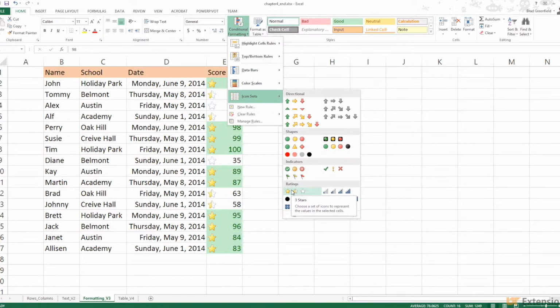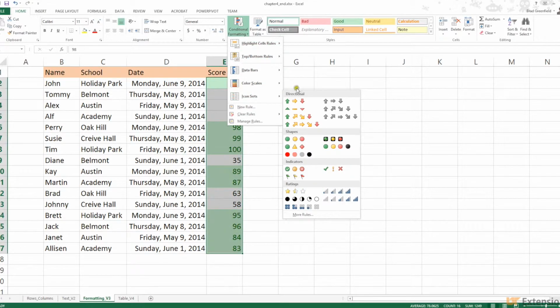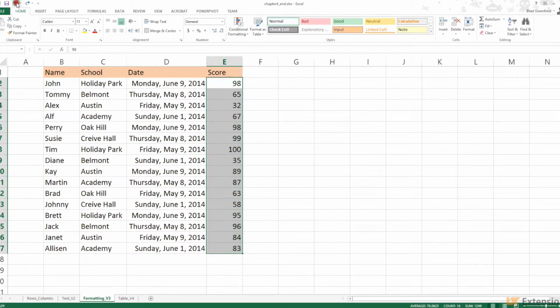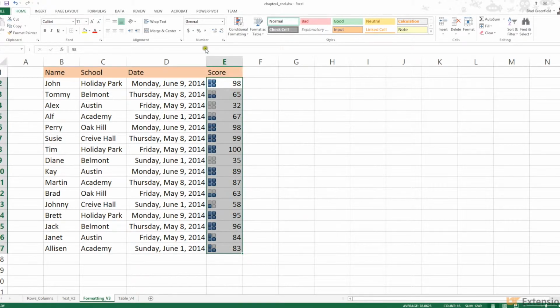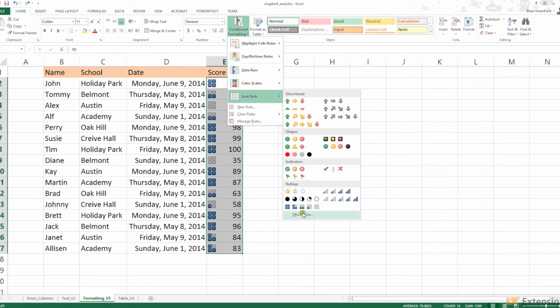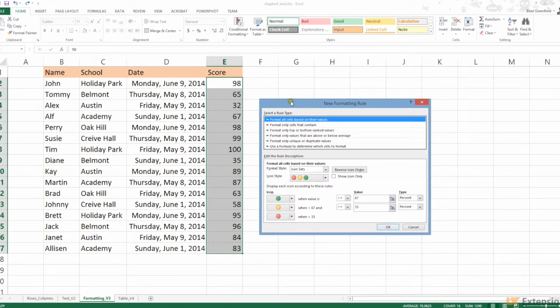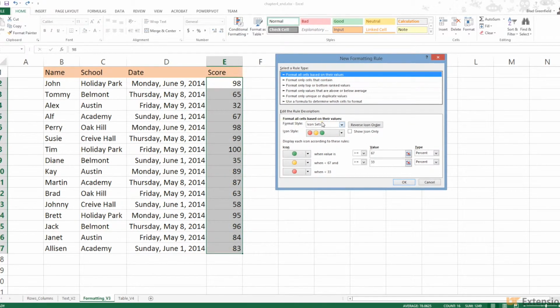So let's say that we wanted to do stars, and let me undo that formatting just to get out of that so everything's clear. So I'll highlight this again and go back into our conditional formatting, click on icon set, and I'm going to select, well, I didn't mean to do that. Conditional formatting, icon set. I'm going to select more rules. Let's say, for example, that we want to show these icons but not have the actual score visible. Okay, so if I wanted to do that, I can click on show icon only